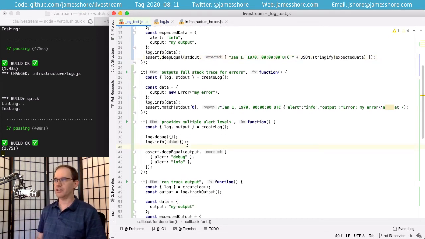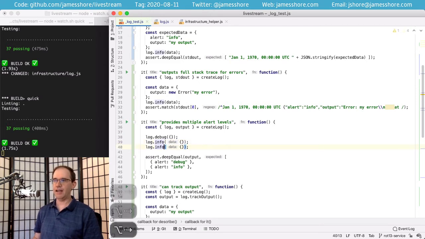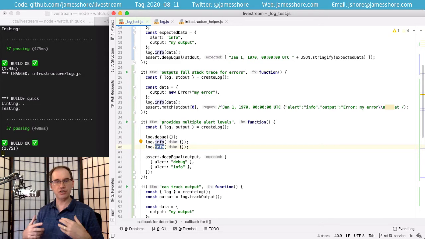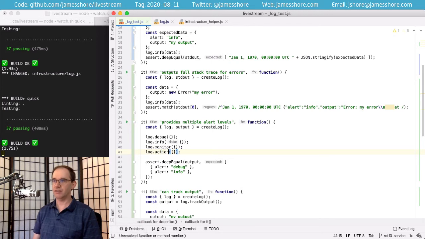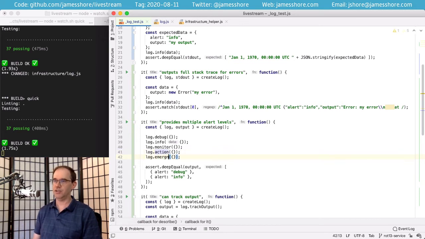the higher level alerts. Now there's a variety of different alerting approaches, and there's sort of a standard way of doing it, but I don't like that standard way very much. I actually prefer in my alerting to say info, which is just info, which doesn't need any action, then monitor, which is an alert level I used for saying, hey, pay attention to this. There's nothing wrong yet, but keep an eye on it. And then action, you need to take action on this. And not necessarily right away, but pretty darn soon. And then emergency, which is, hey, take action right now.